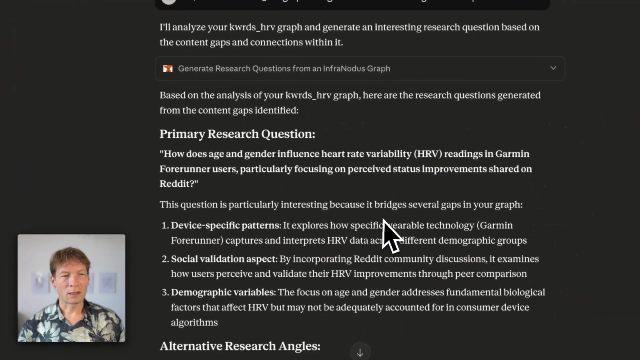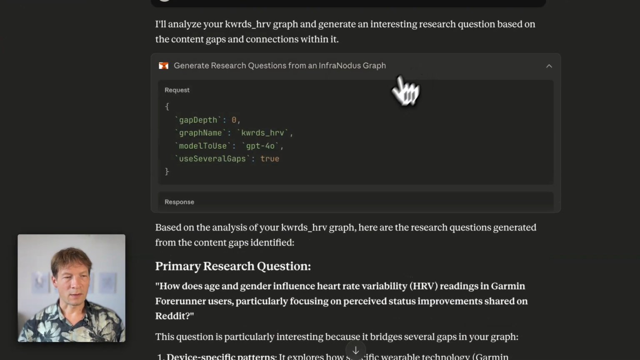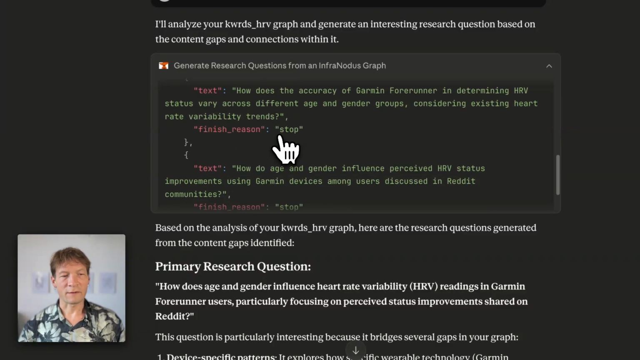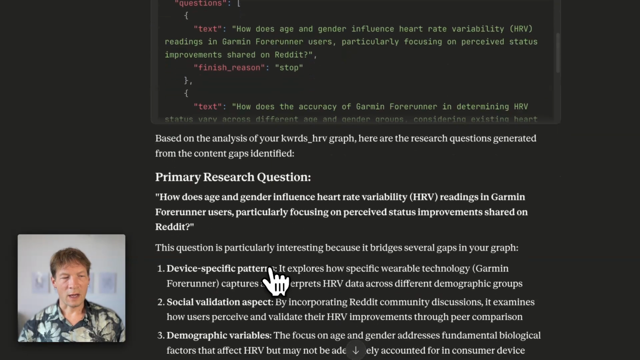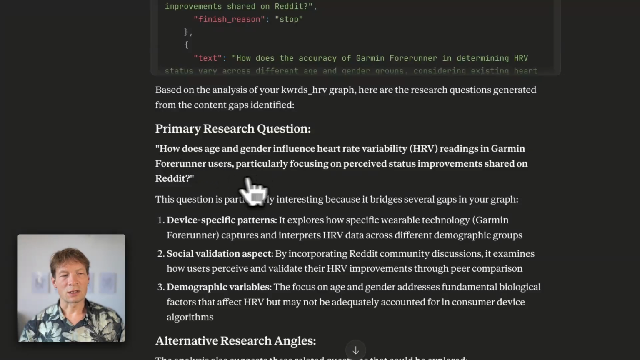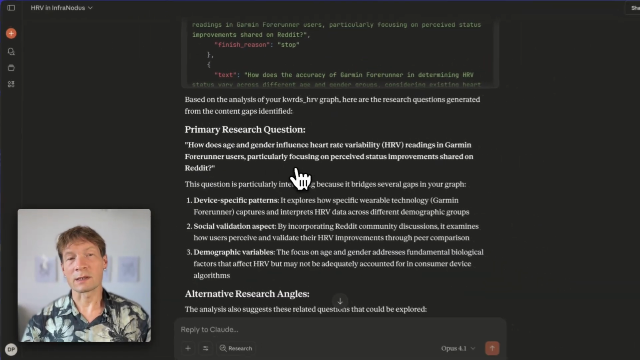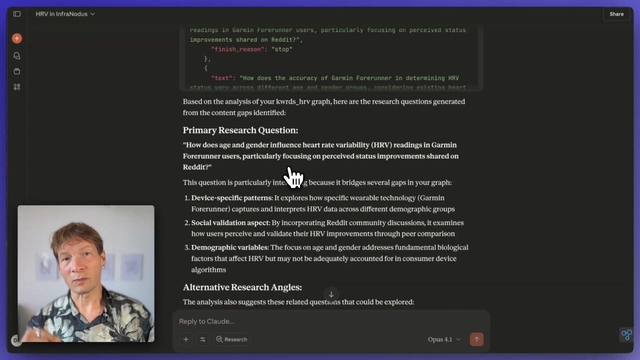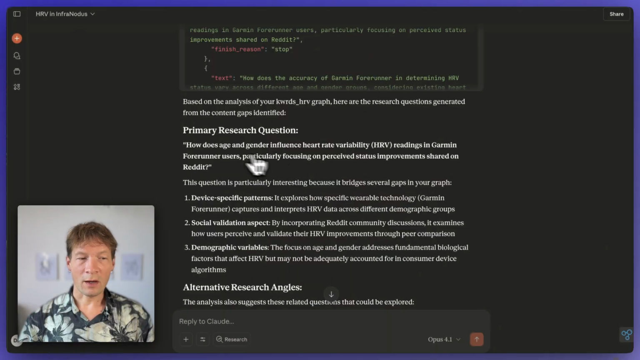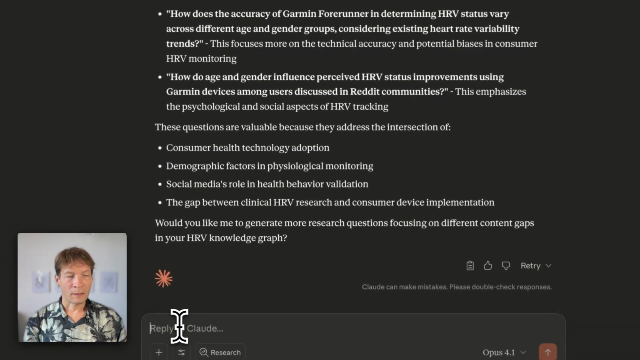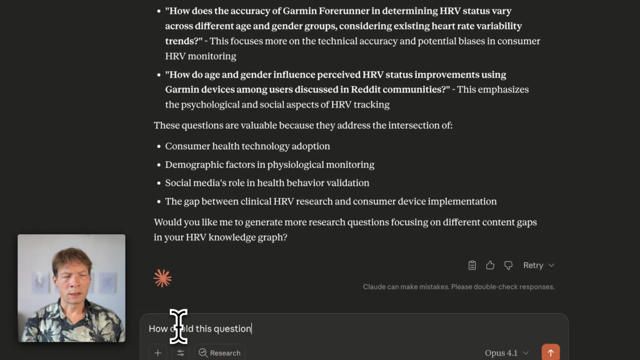So here you see, based on this representation, it had a response of 3 different questions. And now it says, okay, how does age and gender influence heart rate variability readings in Garmin Forerunner series? So it's talking about specific devices. It's showing me that when people search for HRV, they're actually searching for specific devices. So now I can say, okay, how could this question be responded with the content I have in my